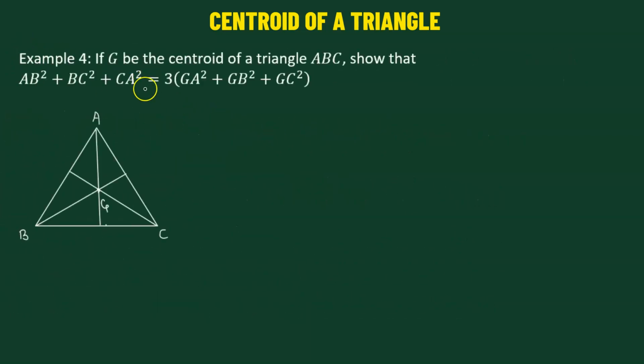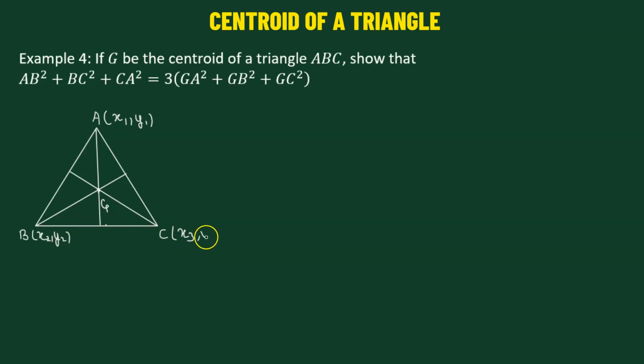Problem number 4. Here we have a triangle ABC where G is the centroid. We need to show that the following relation holds true. Let us begin by first considering a triangle ABC. Here we are going to name the vertices. Let the coordinates of vertex A be denoted by x1, y1. We're going to denote the coordinates of vertex B with x2, y2, and the coordinates of vertex C,